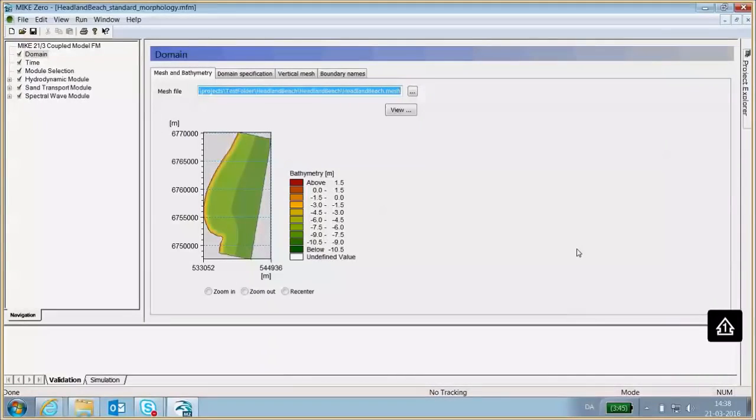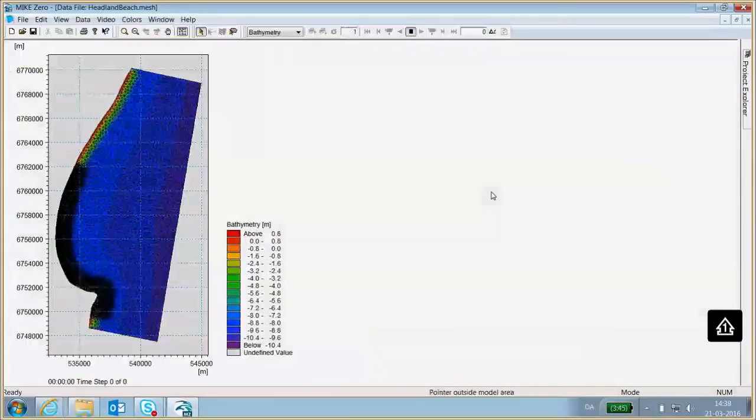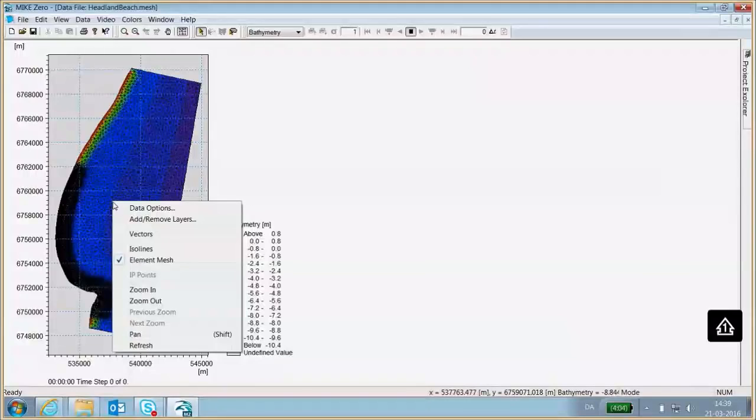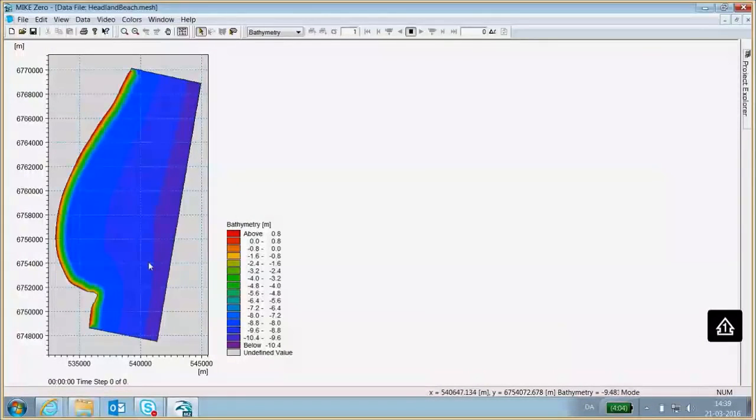So this example concerns a headland beach, and it's just an artificial example or an idealized example that has been generated. The shape of the shoreline here is taken from a headland beach on the New South Wales coast of Australia, on the east coast of Australia. So it's just one of those many headland beaches that are located on this shoreline.